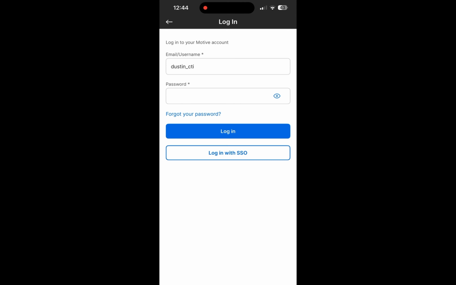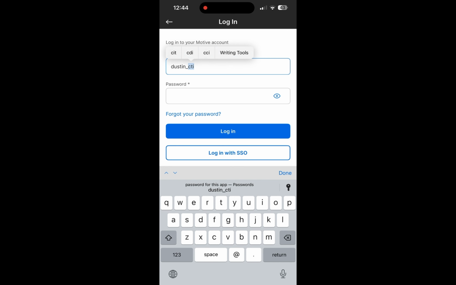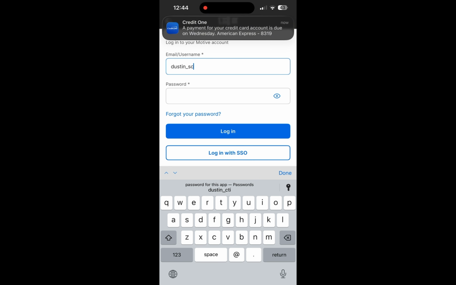Hey guys, so we're going to go over Motive ELD today. It's super user friendly. Depending on which truck you're in, you're going to get this kind of a login. It's either going to be CTI, SCE, or GTI, depending on what truck you're in. We have 3 different companies under our mother company, but it's just going to depend on what truck you're driving